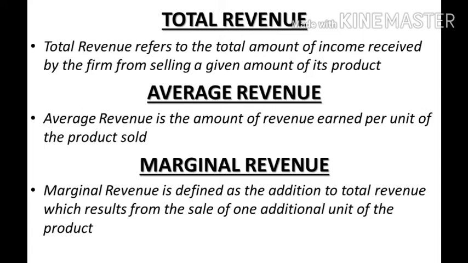Now putting the example in the same scenario, to continue with our earlier example, the firm earns a total revenue of rupees 300 when it sells 15 units at a price of rupees 20. So 20 into 15 is equal to 300. Now when it comes to marginal, if the sale of the commodity is increased from 15 to 16 units and the firm earns a total revenue of rupees 304 by selling each unit at a price of rupees 19, this is what you will derive.